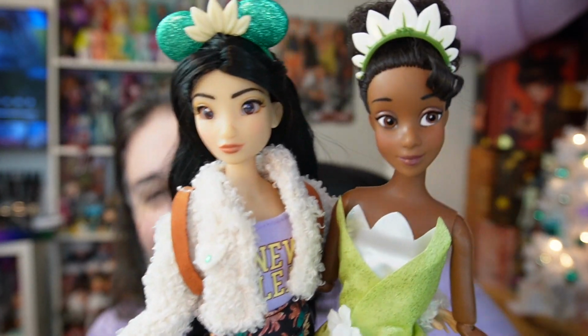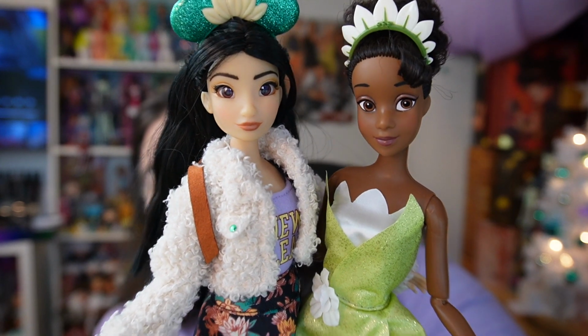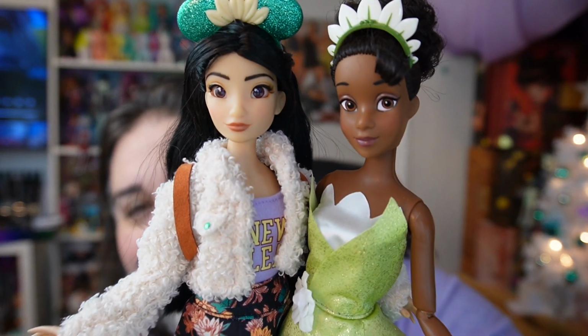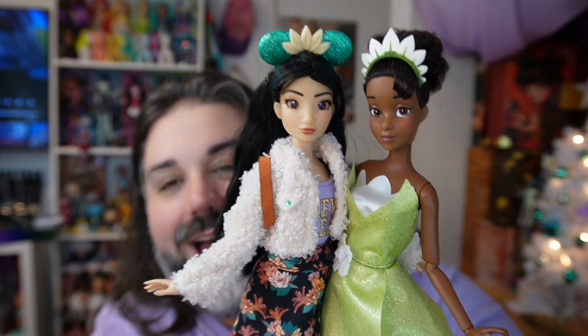I think it's a great idea because the Tiana Palace was actually inspired by the French Market in Disneyland anyway when they designed it. So it's kind of come around full circle at this point. There we go. So here is the Tiana inspired Illy doll next to Princess Tiana, and they look amazing together. I just imagine that this would be like the photograph that they'd take. They'd probably pose like this or something like that if she went to Disneyland and was able to meet Tiana,